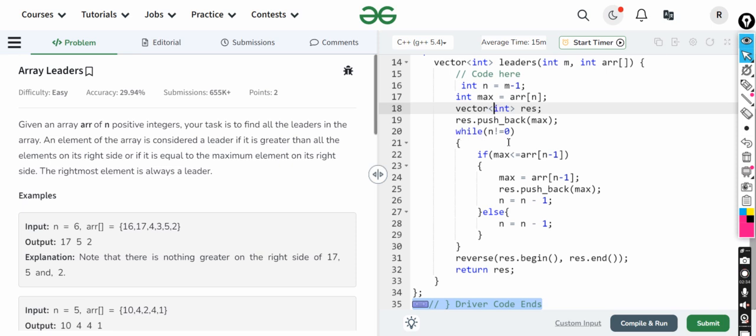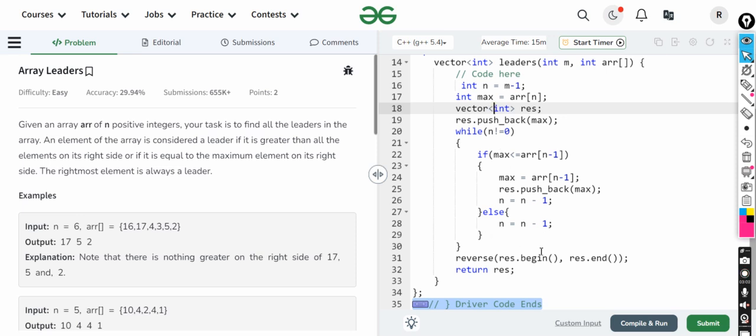We'll check if the n, whatever our index is, is not equal to 0, and if on our right hand side, whatever n minus 1 would be, their numbers are greater than or equal to the max, we'll just replace it with that number and push it in that result vector, and we'll reduce our index value n.